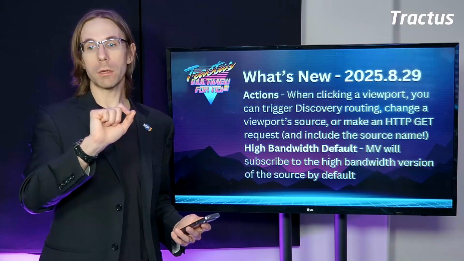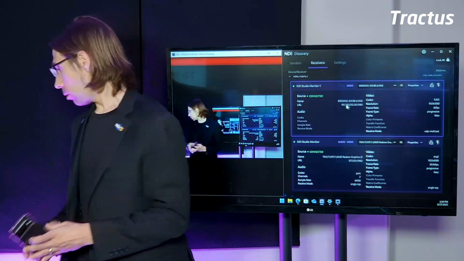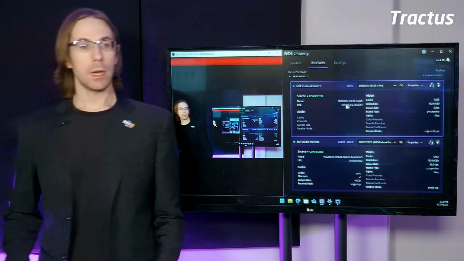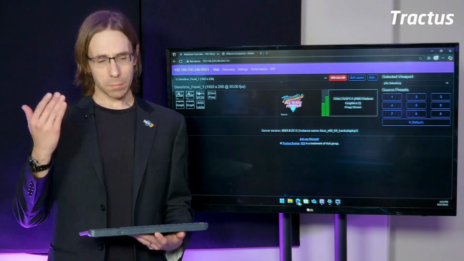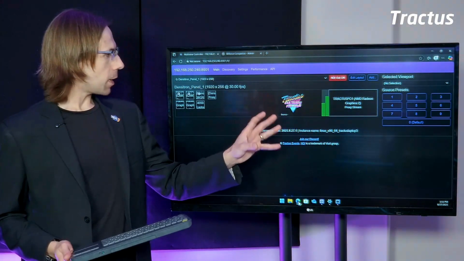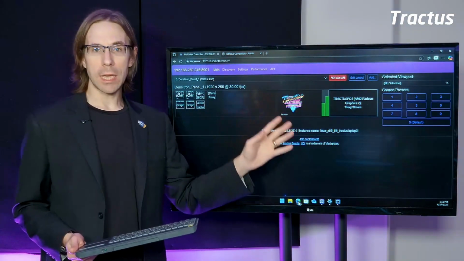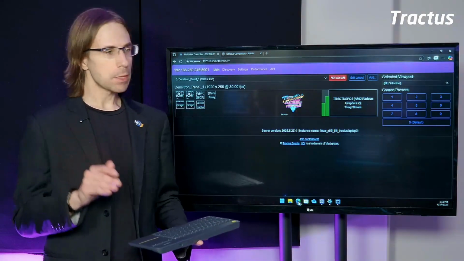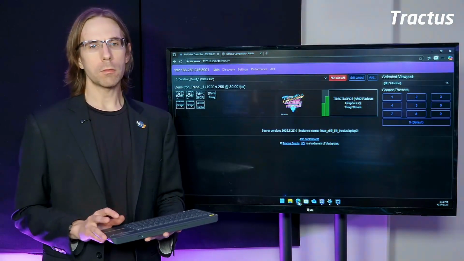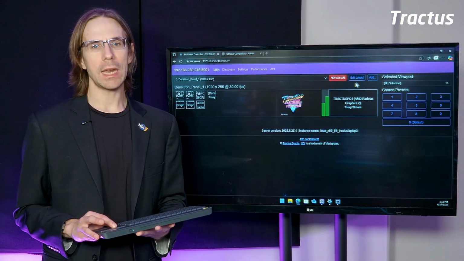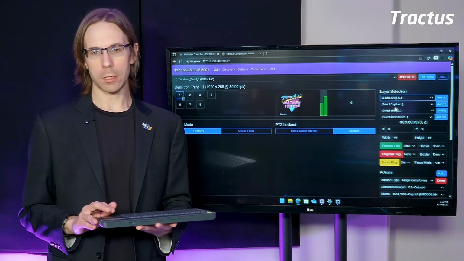And actually, I want to show you real quick. I'm going to jump into another demo here, and I'm going to show you some of the changes that we've made for actions. So I'm going to bring up Multiview for NDI, the web editor. I've got a basic Multiview set up. You might notice that the screen resolution is a little bit whack here. Stay with me, this is going to make sense in a couple minutes. I've got a couple of really small viewports here, and one larger viewport. So what have I got going on? If I come into Edit Layout and select this first viewport,